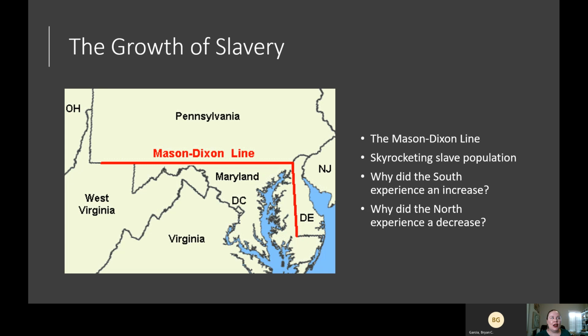One of the things that I want to talk about is the Mason-Dixon line. Have you ever heard of that one? Yes. So the Mason-Dixon line was basically the boundary between the South and the North. This boundary was drawn in the 1700s, and that basically represented the upper limit of the South. Okay, so like Maryland and Delaware, below that line, Washington, D.C.